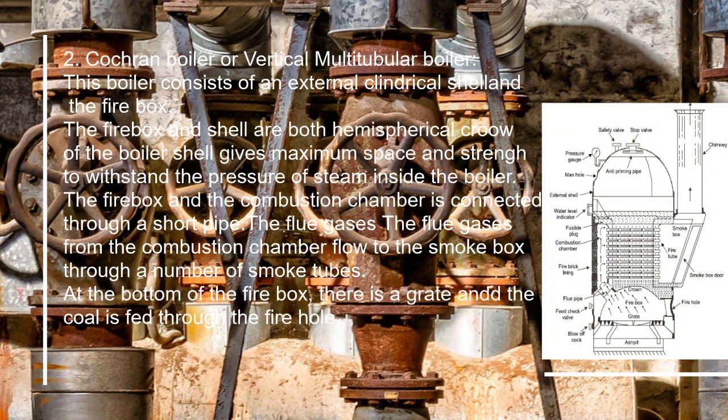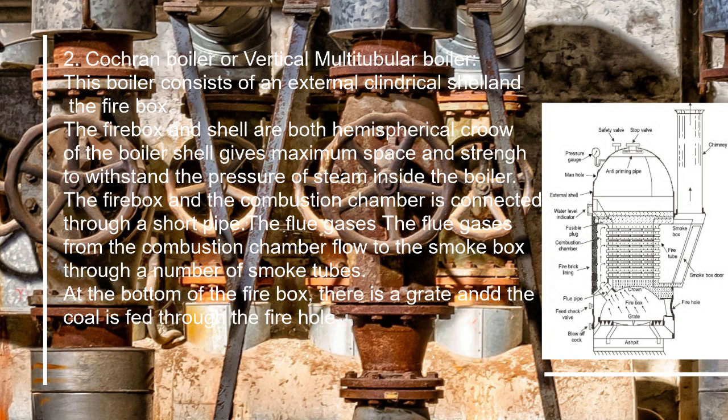There are various designs for vertical multitubular boiler. A Cochrane boiler is considered to be one of the most efficient types of such boilers. This boiler consists of an external cylindrical shell and a firebox as shown in figure. The shell and the firebox are both hemispherical. The hemispherical crown of the boiler shell gives maximum space and strength to withstand the pressure of the steam inside